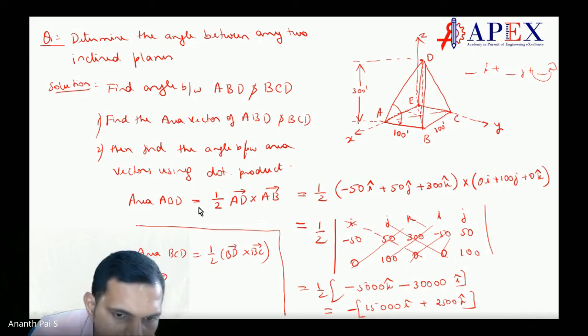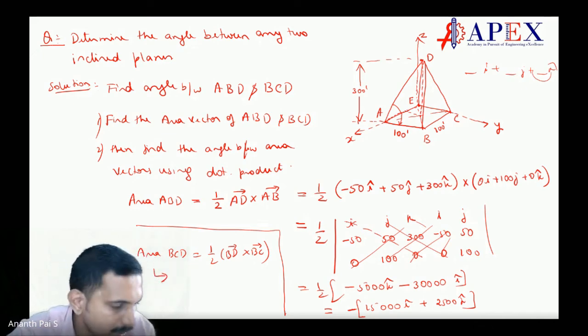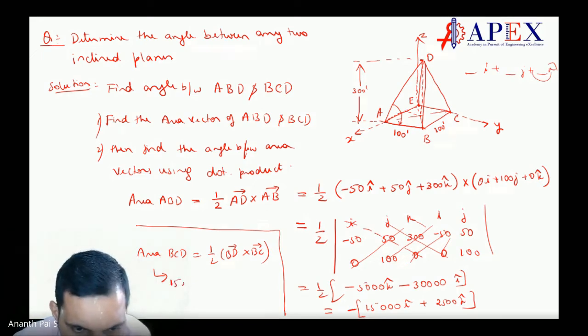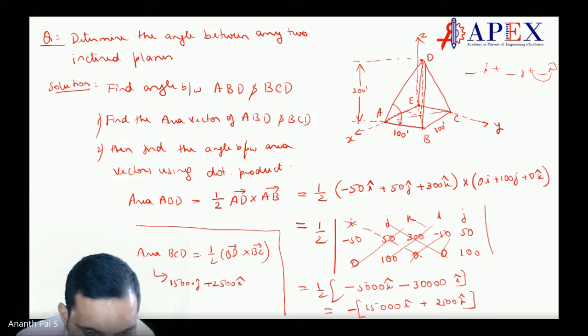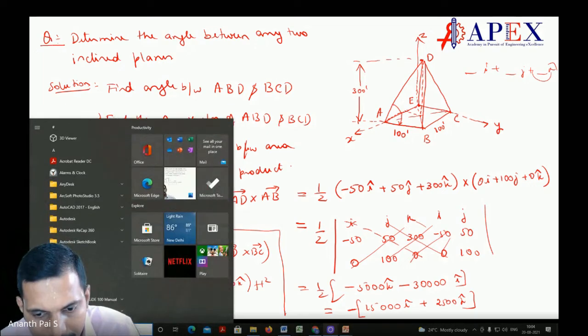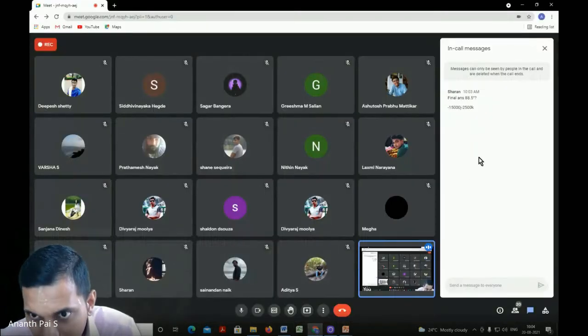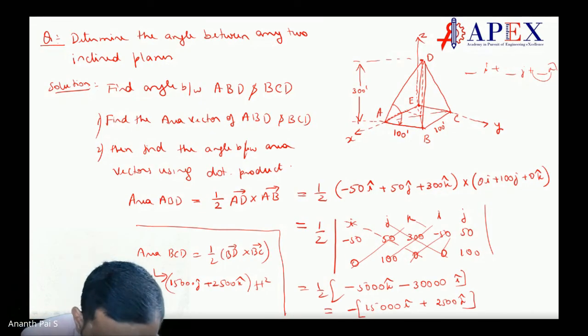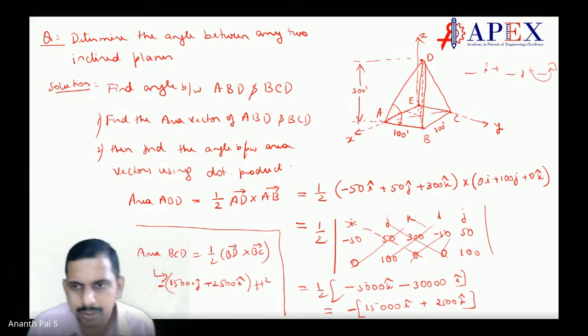Did you get the same thing in the separate fashion? Right. So did you get 15,000 J plus 2,500 K, correct? Did we get this? So many feet square. Correct, Sharon? Sharon, I think you have a problem with your, correct. Yes, minus. In a minus. Okay, so both are minus. That way you can consider it as a negative area.